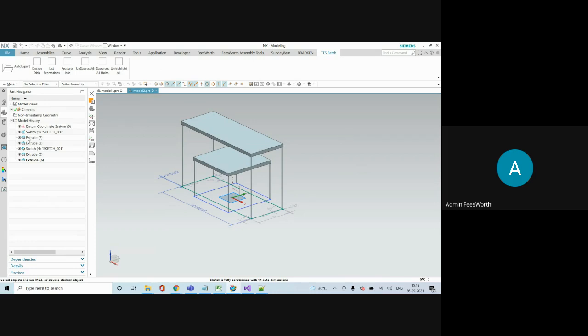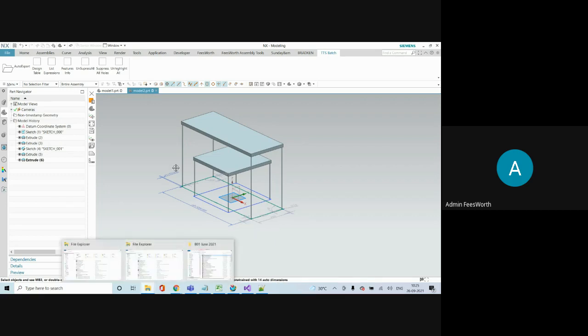You can also move objects according to some logic. If all these are extrudes, you move them to a particular layer and give a particular color, or if they are sketches, you move them to a particular layer and color. So you can decide the logic now: all solid bodies in this layer, sheet bodies in this layer, sketches, curves, and so on in this layer. You can decide now, and in another half an hour, for 100 files or 1,000 files or 10,000 files, you can modify them and apply those settings.